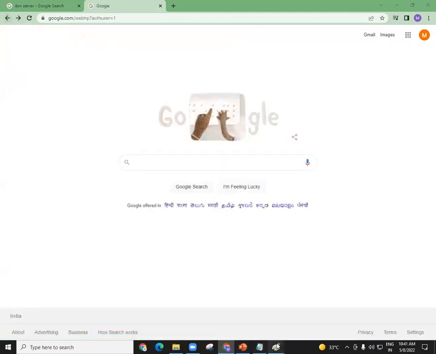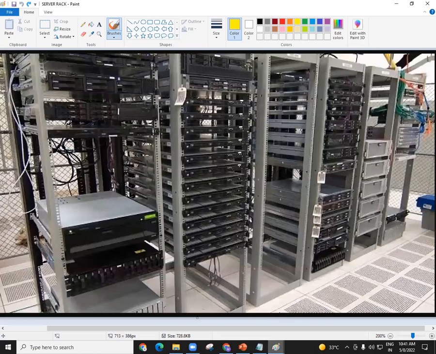Coming back to the technical thing. So this is the data center we have within our company. I repeat, friends, this is not the biggest data center. This is one of the data centers in a normal or medium level company. The biggest data centers will have many more racks.